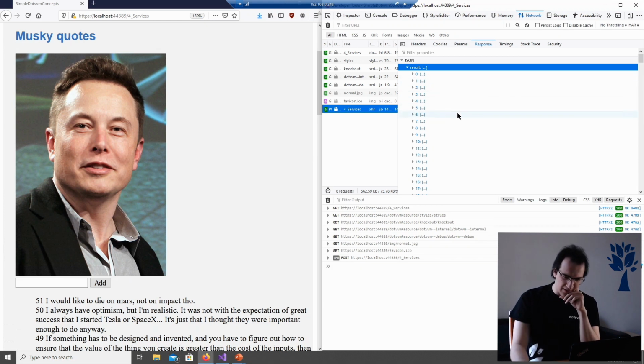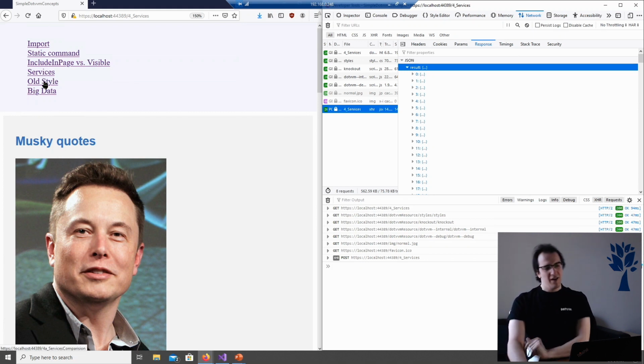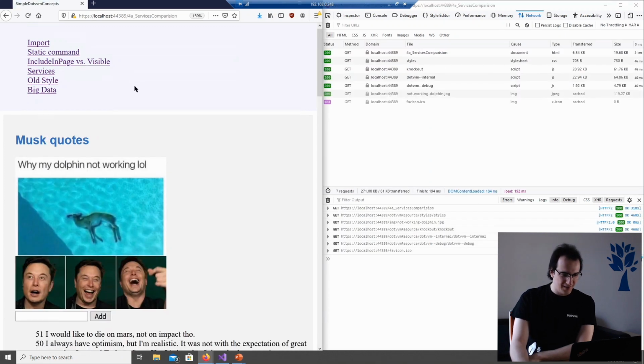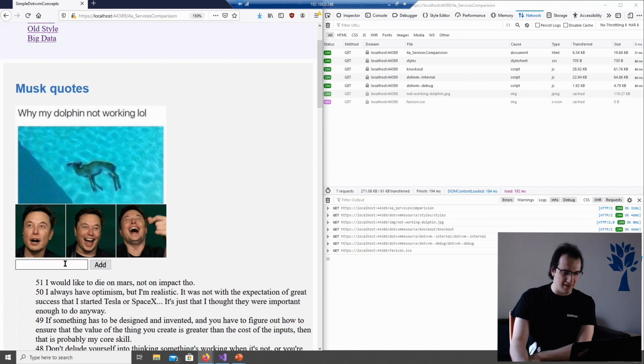But this may seem like quite a lot of data, but let's compare it with the way it's been usually done, for example, in DotVVM 1.0. And in DotVVM 1.0, what you will see here is much more data being transferred. Let's see here. So we have another page with Elon Musk memes, this time implemented directly, and in here